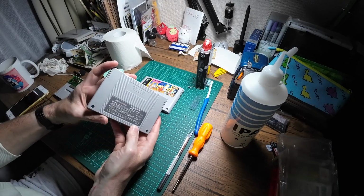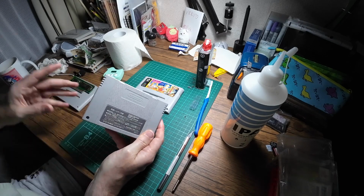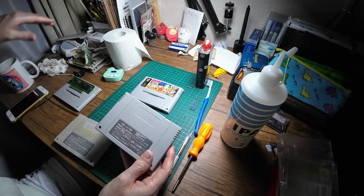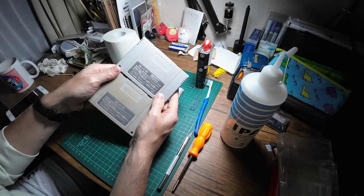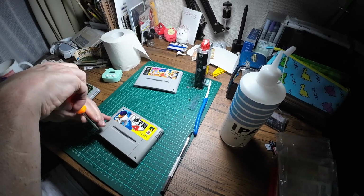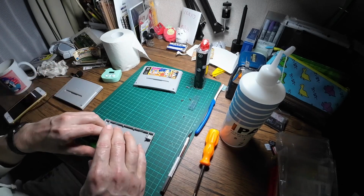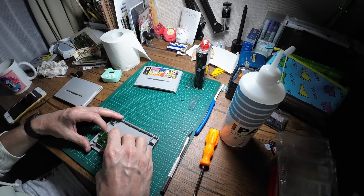I then take apart the donor cartridge, which I'm going to use the back for, but one of the things you may notice is that early Super Famicom cartridges, the back label and design is ever so slightly different on the older games like this Ganbare Goemon game here. So that may be something that you want to be careful of if you're really intent on making sure that everything is period correct. I'm not so bothered about that personally, but maybe one day I'll find the correct back